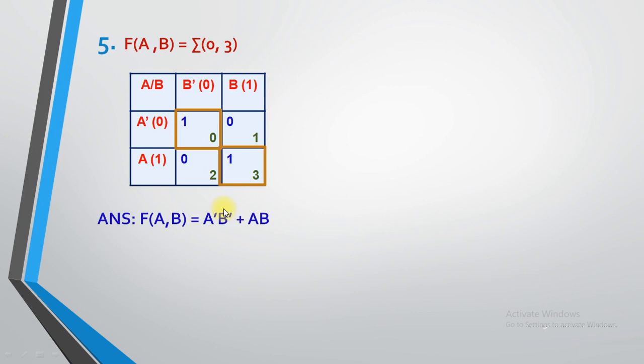Now, the third example is related with a group of only 1. Why? Because in the wrong pattern we have seen that a diagonal cross cannot be formed as a group. You cannot create a group of a diagonal pair. So what you need to do? You need to consider these numbers as individual numbers, and for these individual numbers, A dash B dash and AB is the answer.